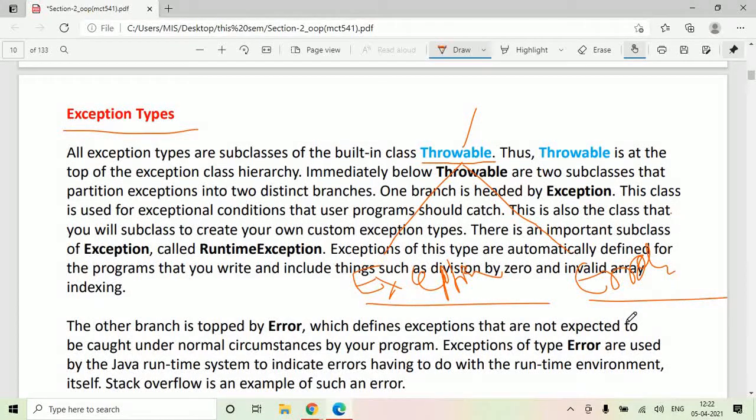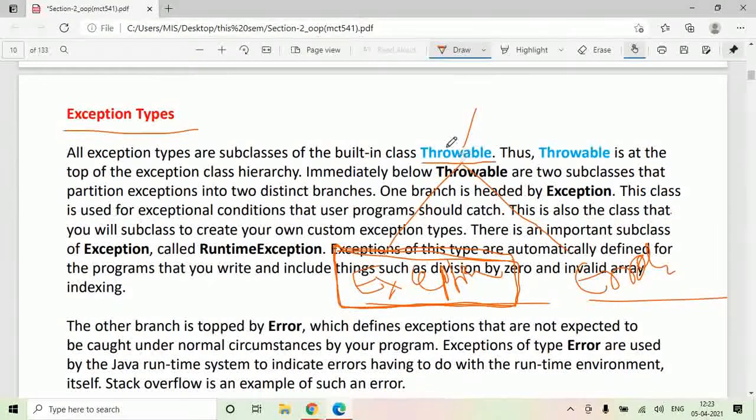Exceptions of type Error are basically used by the Java runtime system to indicate errors having to do with the runtime environment. But the Exception class is used for exceptional conditions in your program. So we will be focusing on this particular branch, the Exception class.